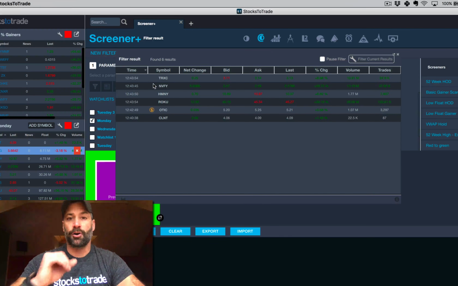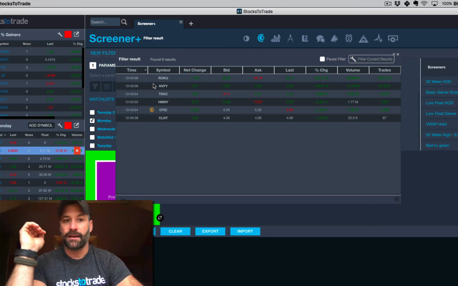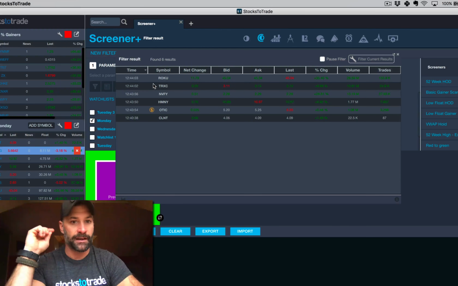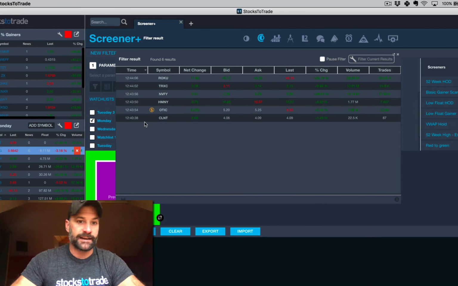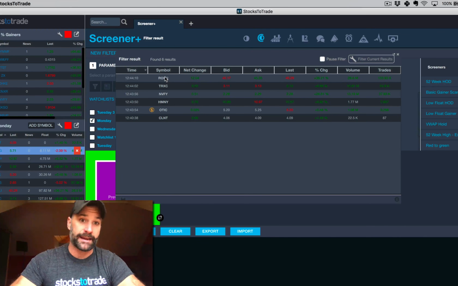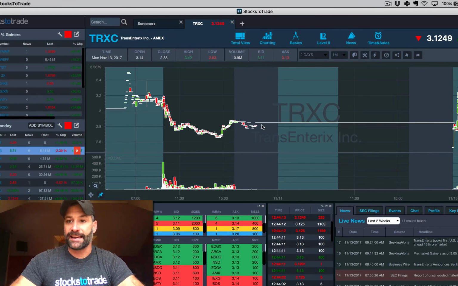So now this is how I do it. I just keep this out of the corner of my eye, and any new appearances, any new tickers. I've got these 6. When I see 7 stocks come in, I can double click that. Say it's obviously the hottest stock today is Roku, which has been green all day. But I was too slow when I got TRXC, but I can hit that and then